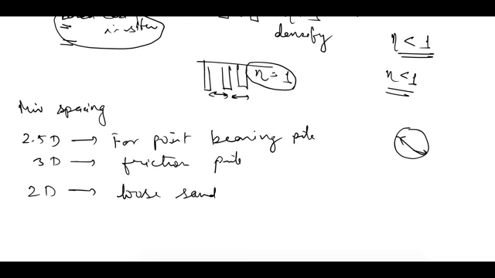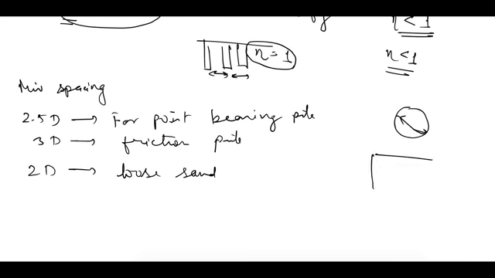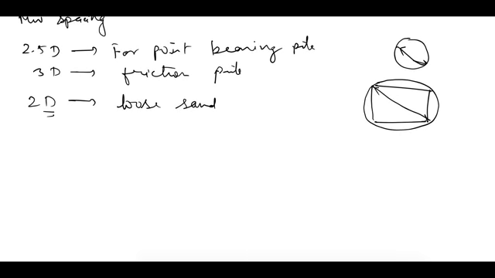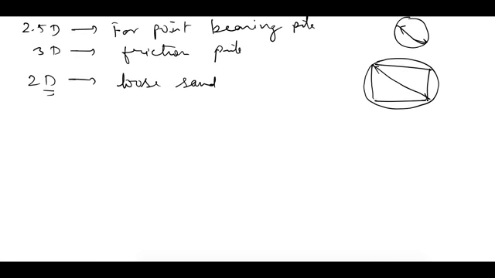Now what if we are using a non-circular pile? In that case we take the dia of the circumscribing circle. So in this case, let's say we'll use this diagonal length for this value of D. So we can use this recommendation for finding out the minimum spacing. Now let's see how do we find the pile load capacity of a group of pile.